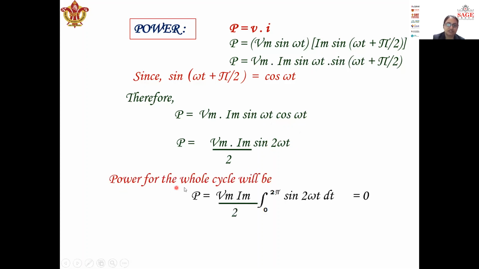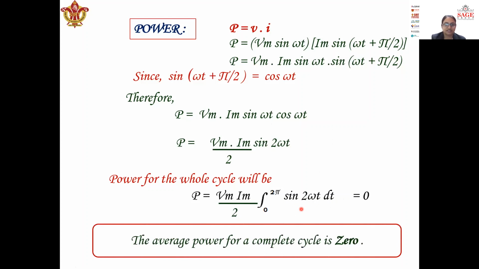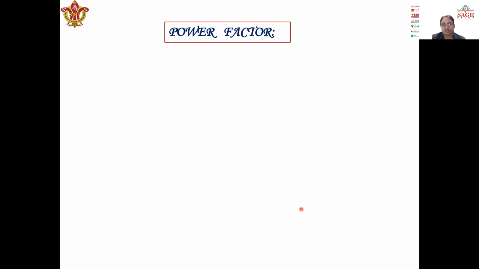And whenever we talk about the average power over a complete cycle, over the whole cycle, we need to integrate this expression. And we already know that a sinusoidal or cosinusoidal quantity over a complete cycle, that is for the duration of 0 to 2 pi, integrates to 0 only, right? So what we concluded is that the average power over a complete cycle is 0 in the case of a capacitor, and the same is the case for an inductor also. That means an inductor and a capacitor do not consume any power over a complete cycle.